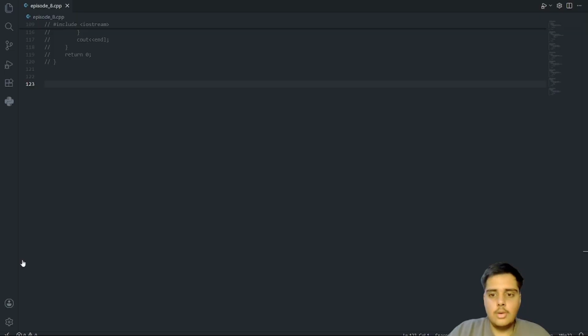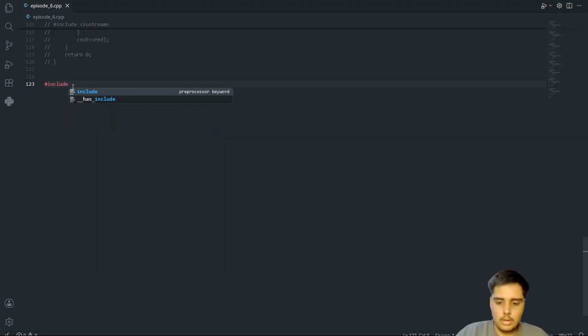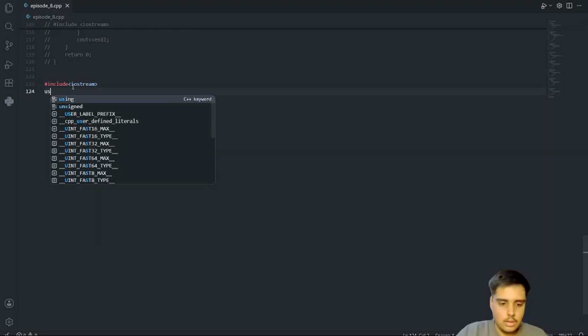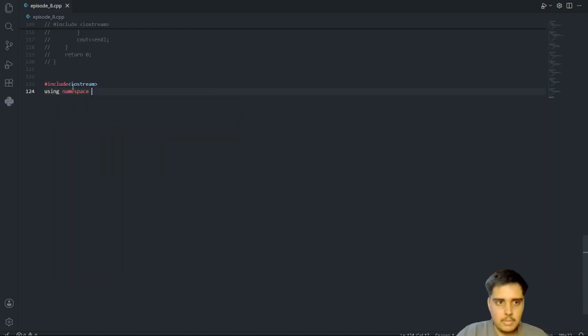Now coming back to our VS Code screen. Firstly, let me write hashtag include iostream, using namespace std, int main, return 0.